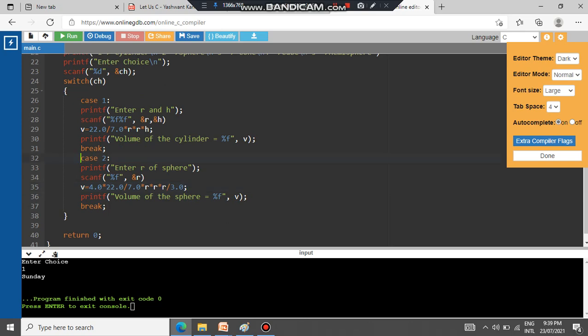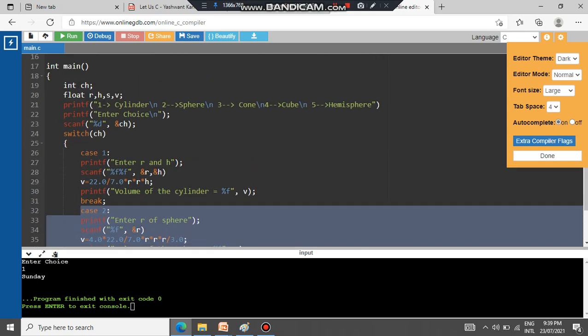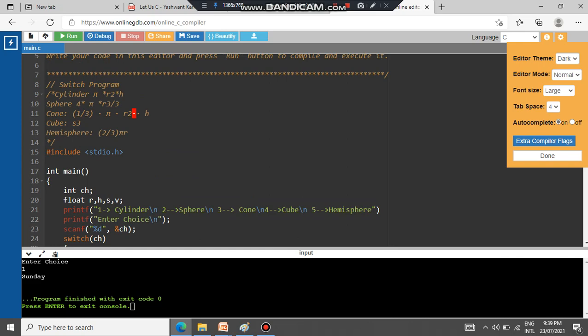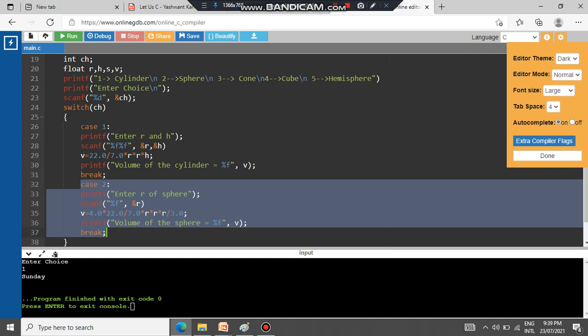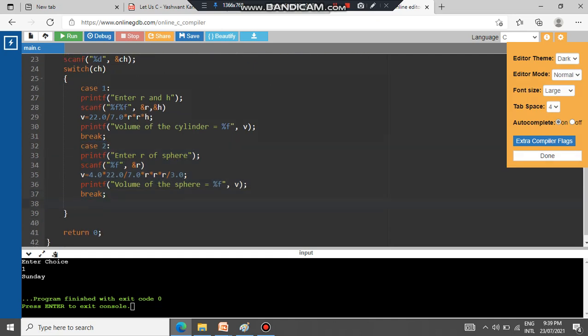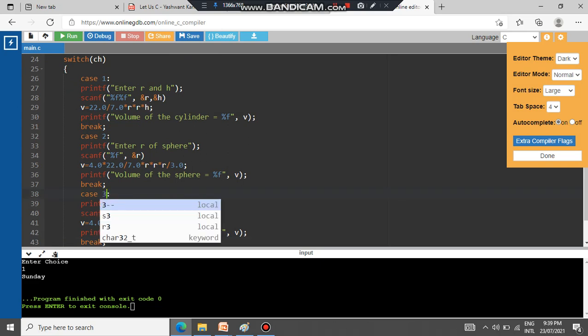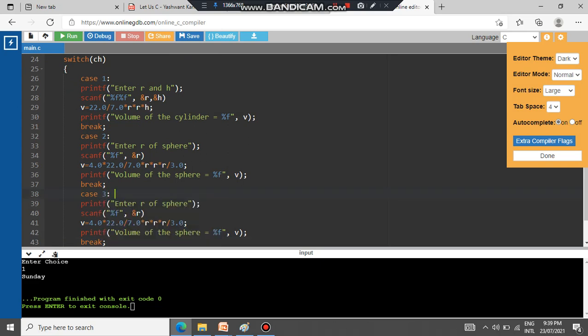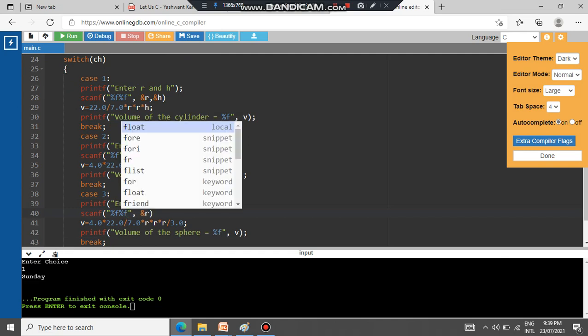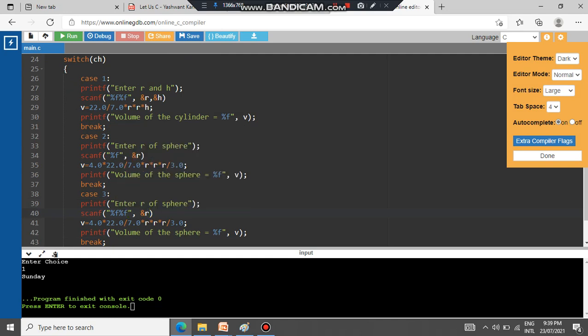Then similarly for case 3. What is case 3? Case 3 is for the cone, and it is 1 by 3 into pi r square h. Those changes we have to do. So again, Ctrl+V, case is 3, and here we have to read r and h now. For that, %f %f and &r, &h, semicolon, and here you can see the formula.